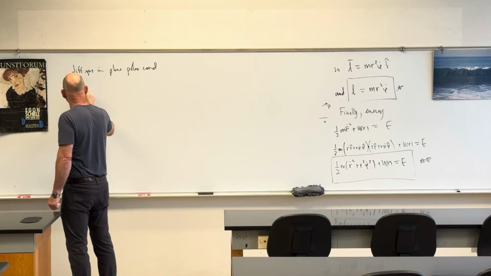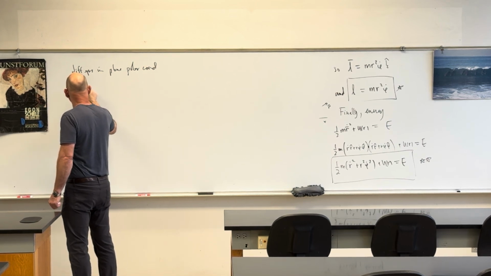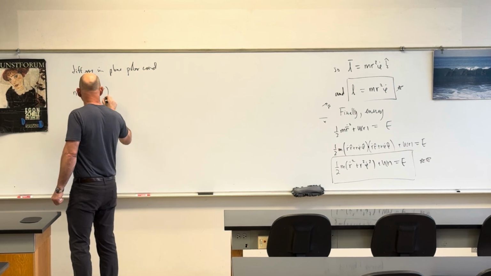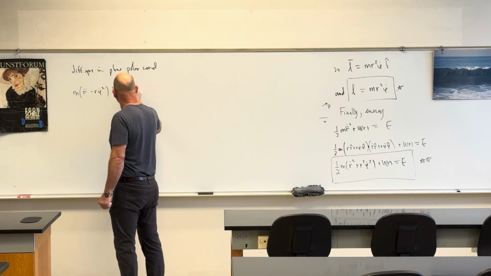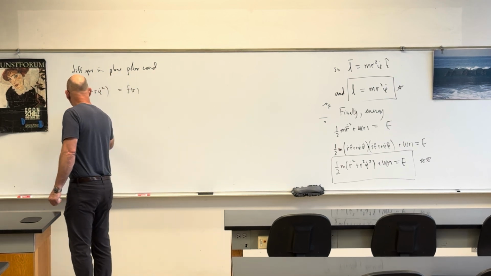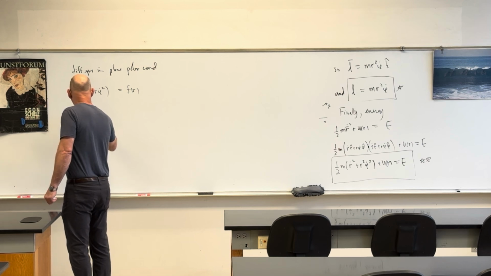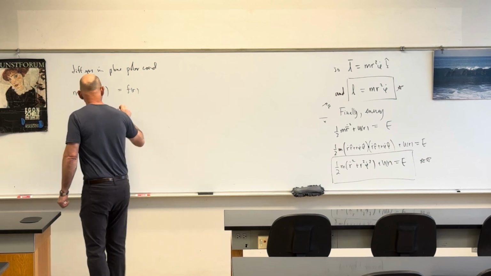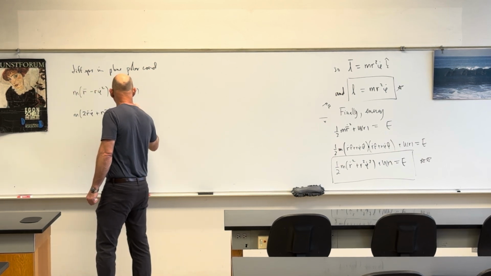They were m r double dot minus r θ dot squared equals f of r. And we had m times 2 r dot θ dot plus r θ double dot equals